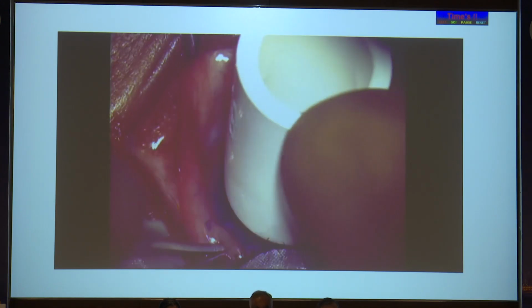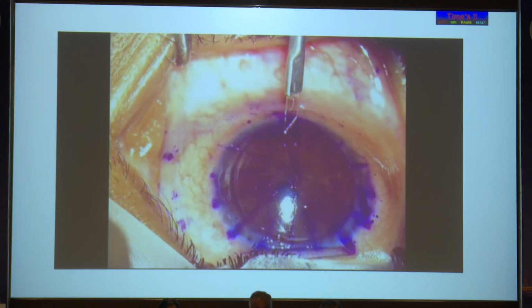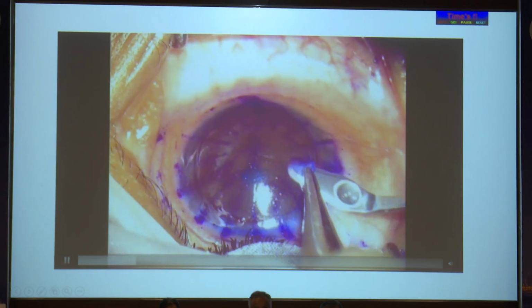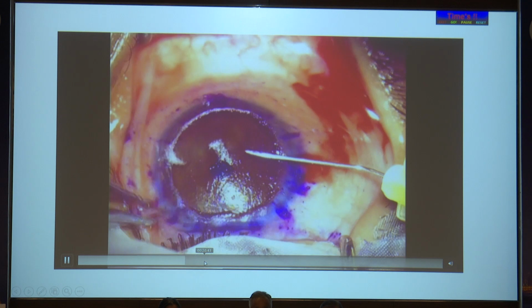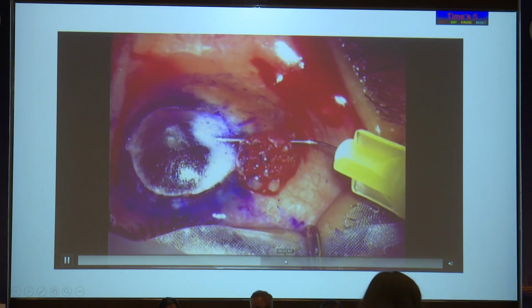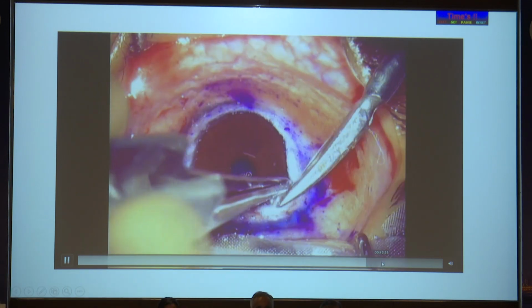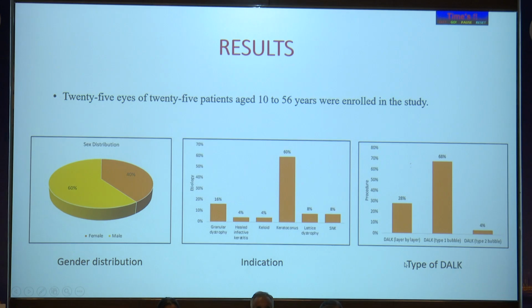The surgery was performed under local anesthesia or preferably under general anesthesia. After taking the corneal measurement, the partial thickness trephination was done, which was deepened, followed by debulking of the cornea, and then an attempt of big bubble formation was done. Following the bubble formation, the remaining stroma was removed, and this was followed by suturing of the graft host with 16 interrupted sutures. The result analysis included patients from age 10 to 56 years.